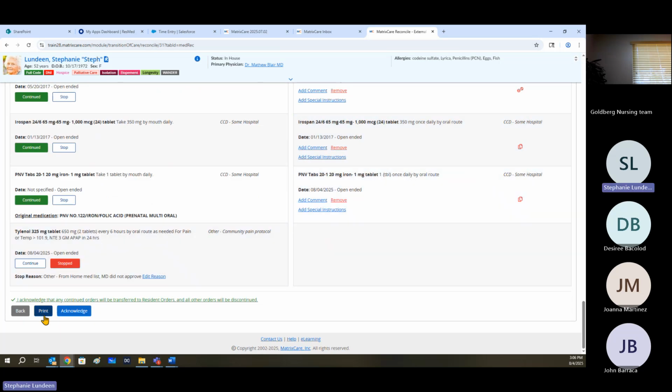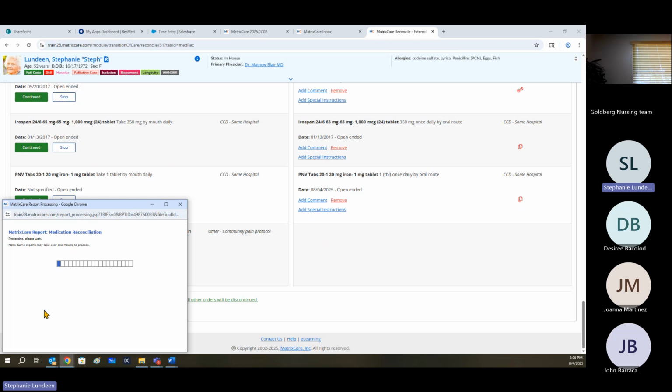I have 2 options to talk about right here. One, let's say that you prepare these orders, you go through the DUR, and now maybe you want to print this out. Maybe your doctor comes in and he doesn't sign orders electronically. So you want to print this out and put it on the clipboard for when he comes to the care setting to do rounds. That's a possibility. Maybe you need to send this to get signed by the prescriber, however you want to carry this out. But this is what the print looks like. So if I click the print icon,